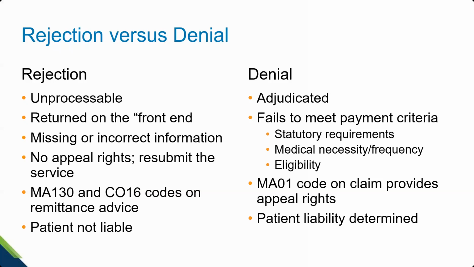Also, for rejected claims, you will see CO16. It's a group code on that remittance advice. And a CO16 means that it is contractual obligation and the provider may not bill the patient for that particular item or service. A denied claim, on the other hand, is adjudicated, and it's denied because it fails to meet